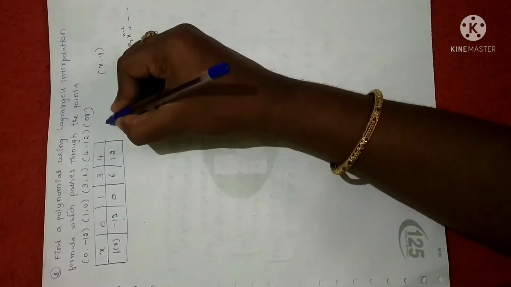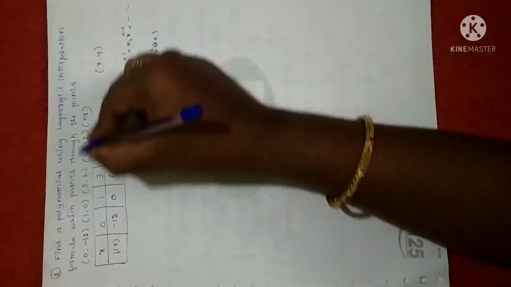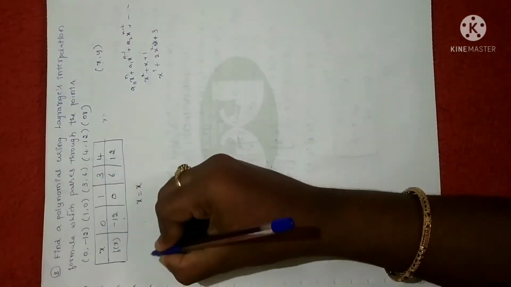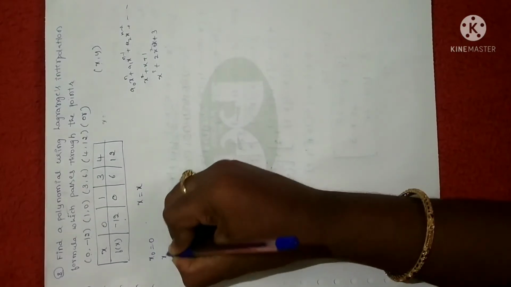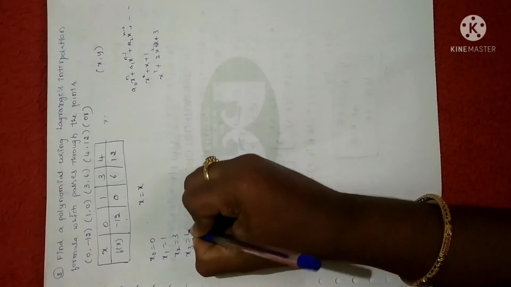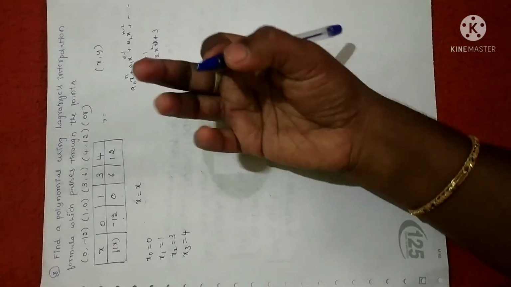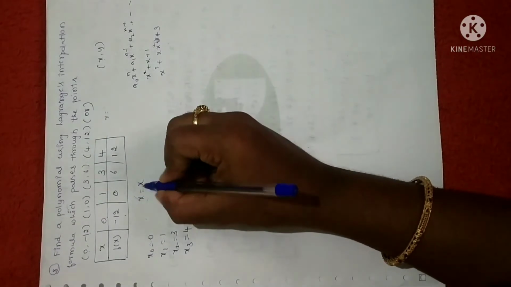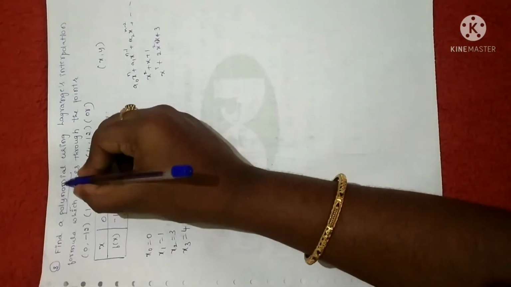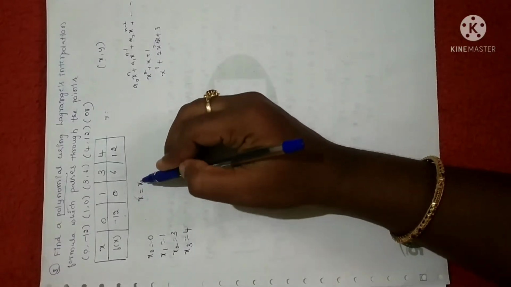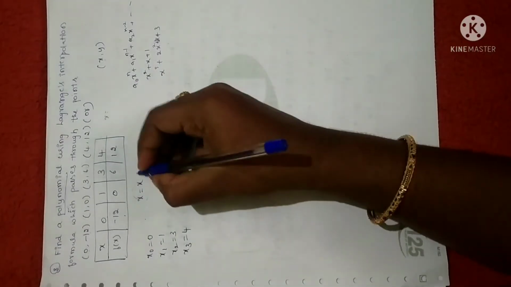So here the x value is not known to us. Nothing is mentioned here, so the x value you have to take as x only. Now x naught value is 0, x1 is 1, x2 is 3, x3 is 4. Same procedure, but the x value you don't know any value. We don't know at a certain particular point. So it is x only in order to determine the polynomial. Remember, whenever they ask you to find a polynomial, x should be kept as it is. So you have to take x only.